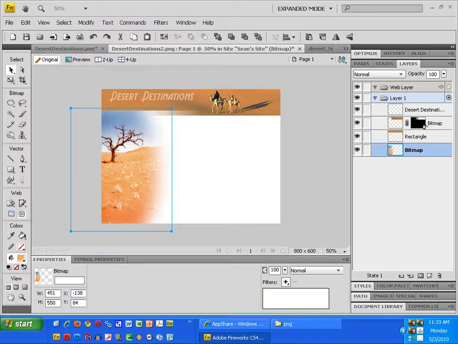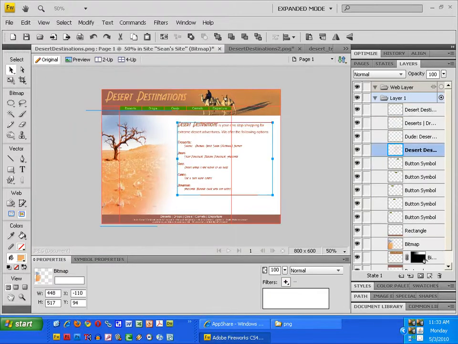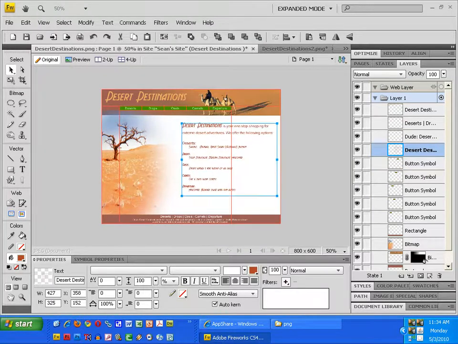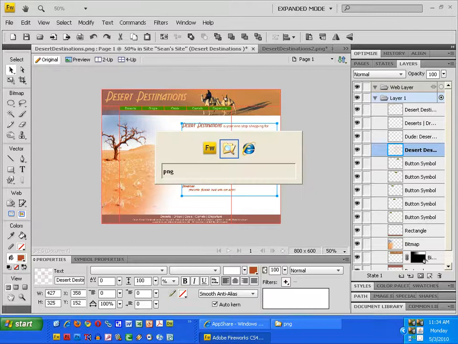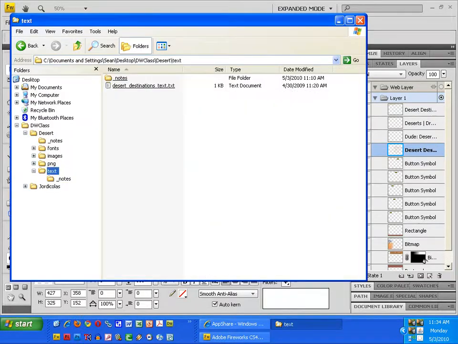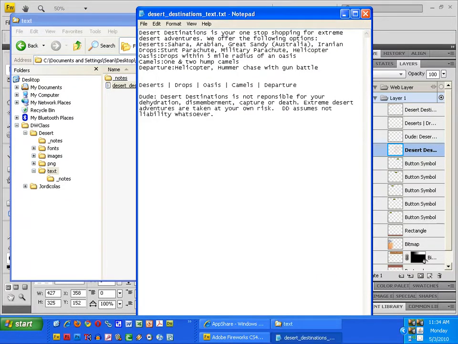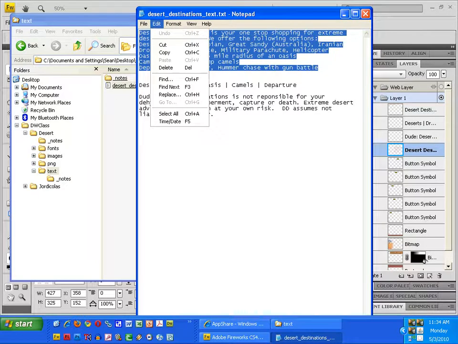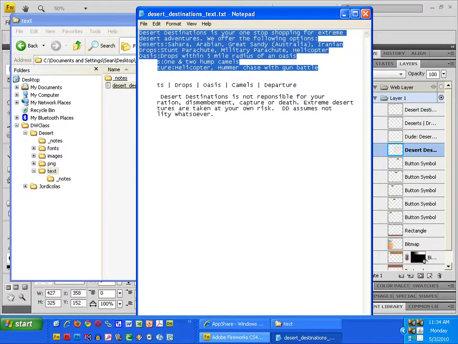Let's look at our original file again. And the next thing I'm going to do is create this text box here that has all the desert destination descriptions of services. To do that, I'm going to open under my text folder desertdestinations.txt. It's a file with all the text that the client sent me. In the first half of this text, as you see selected, I copy it, come back over to Fireworks,